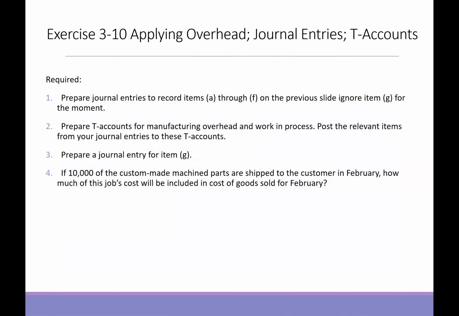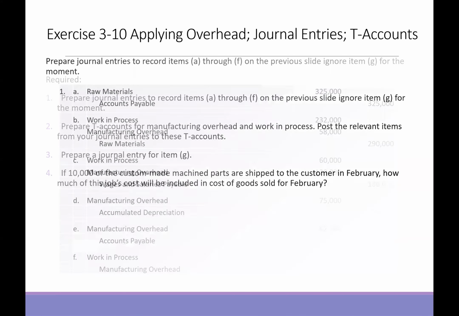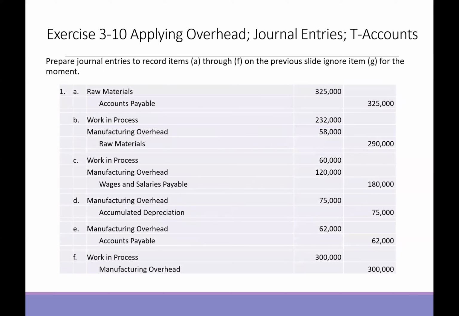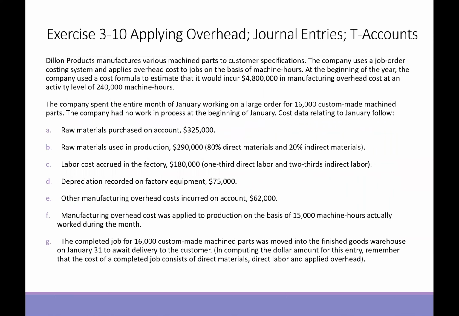Let's look at what E says. E says other manufacturing costs are $62,000. We debit our manufacturing overhead here and credit our payable. Then it says we applied. F is applying manufacturing overhead. Manufacturing overhead was applied to production costs on the basis of 15,000 machine hours actually worked during the month. Okay, so